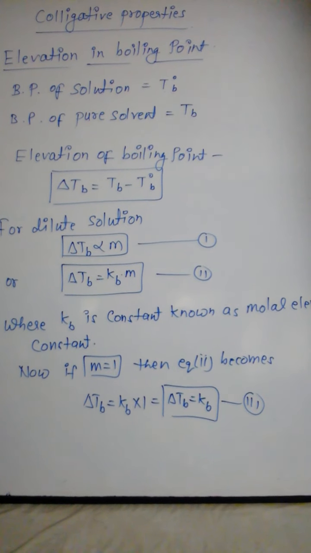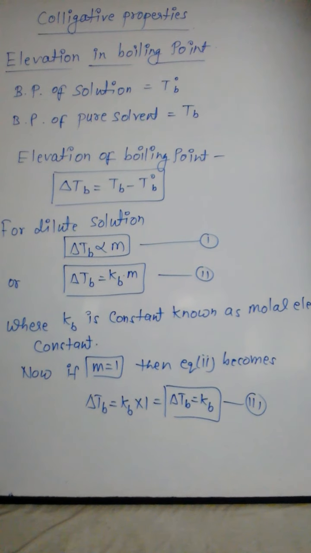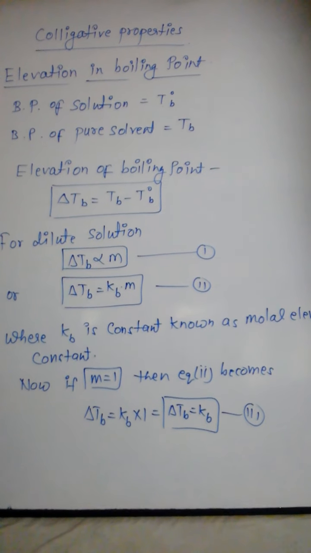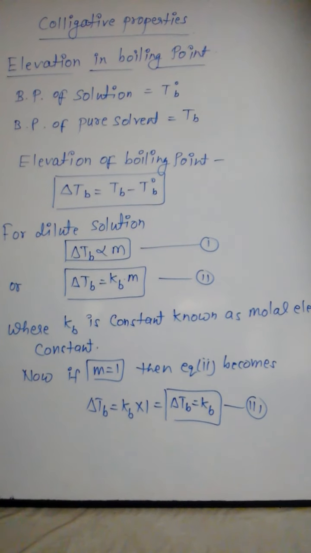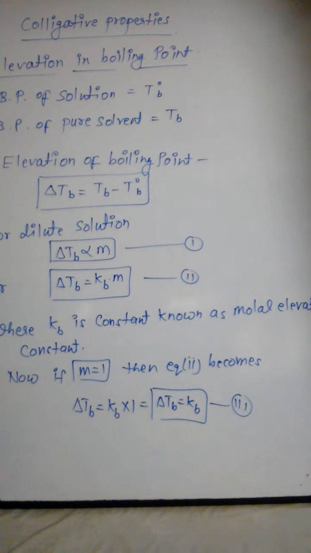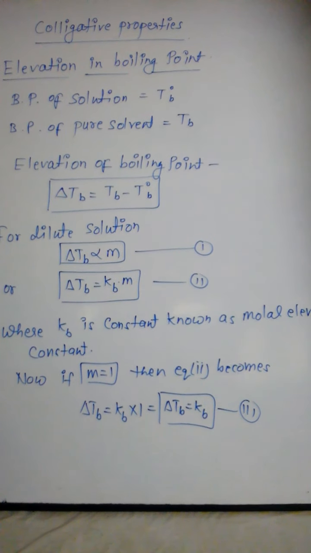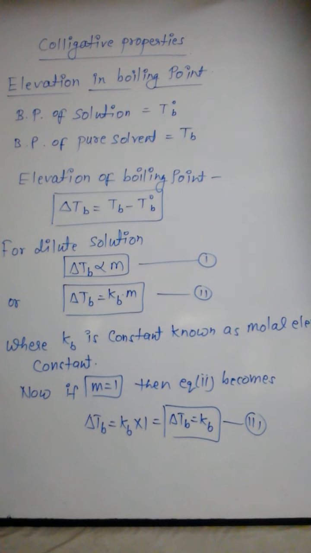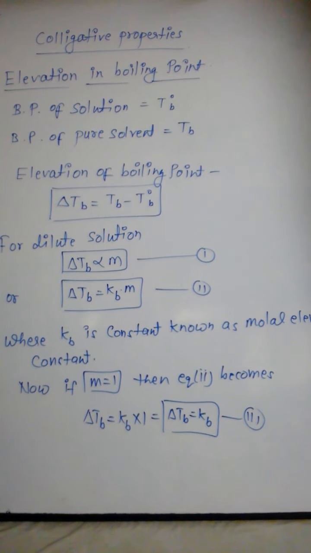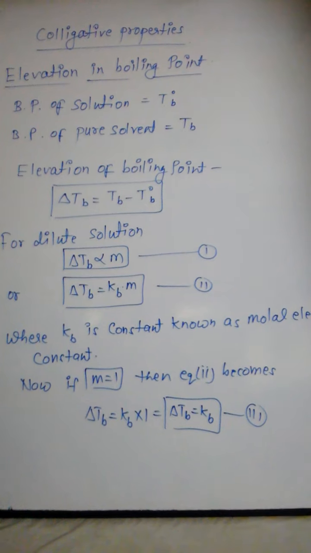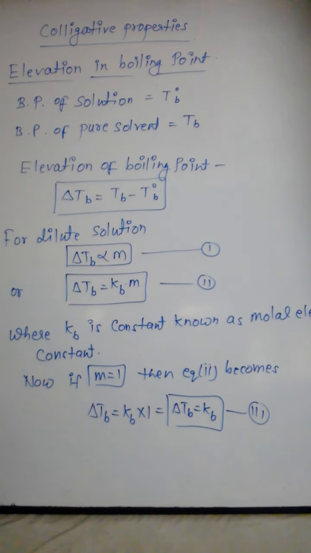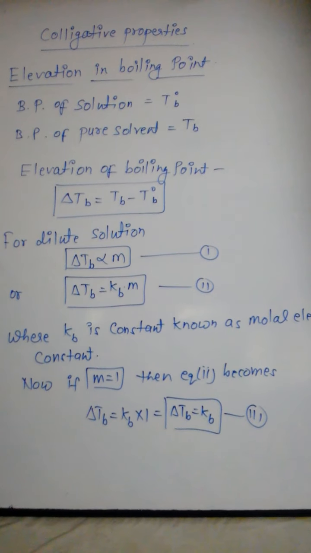To make this solution boil, its vapor pressure must be increased by raising the temperature above the boiling point of the pure solvent. Suppose the boiling point of the solution is